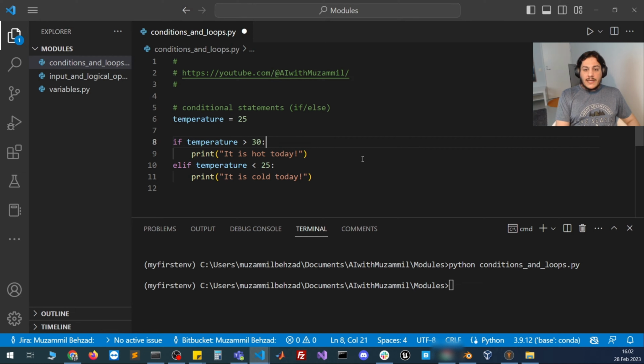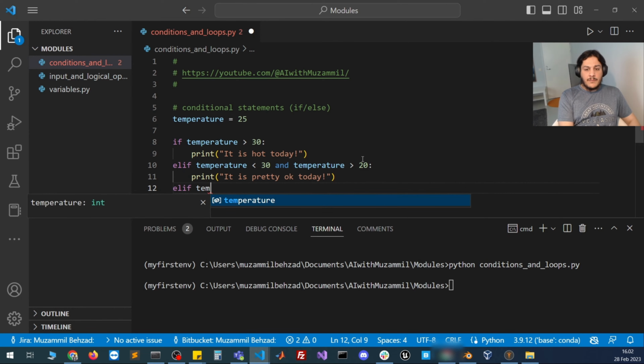Okay. We can say that if the temperature is less than 30 and the temperature is greater than, let's say, 20, so if it is in the range of 20 to 30, we can say that it is pretty okay today. And we can also write if temperature is less than, let's say, 20, but it is greater